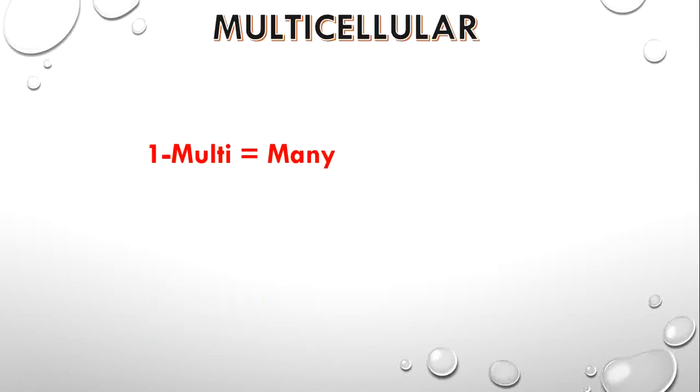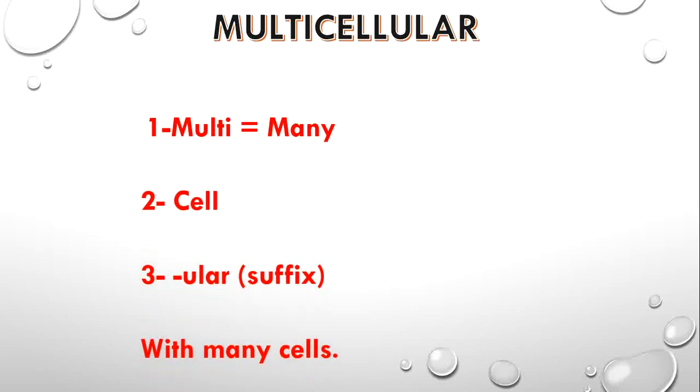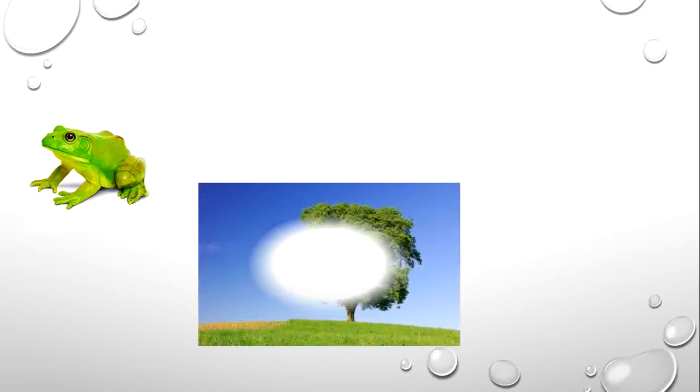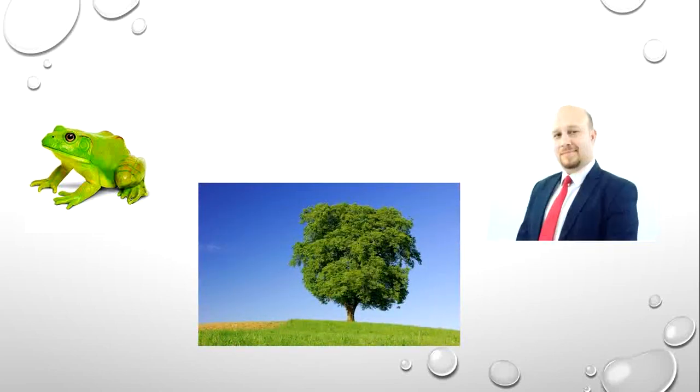On the other hand, we have the multicellular organisms. Quite simple: from the word multi, meaning many, and cellular, the suffix, with many cells. Multicellular organisms are made from more than one cell. Examples of multicellular organisms: you can see this animal, a frog, this plant, a tree, and we humans are all examples